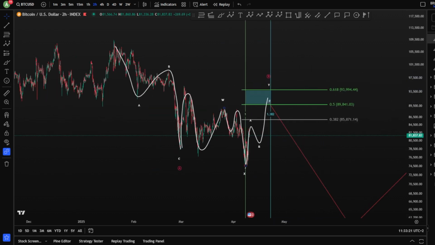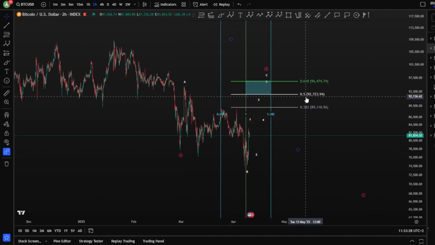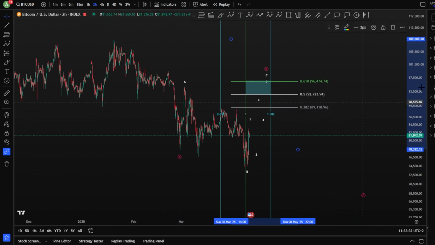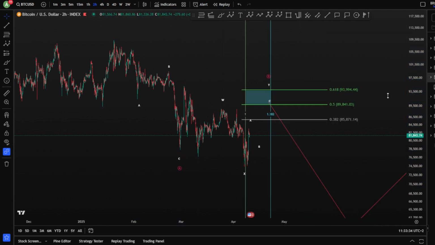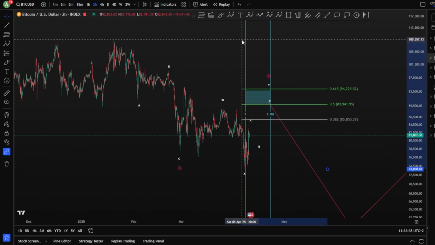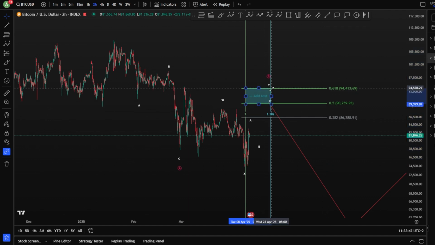0.6818 for a wave B, of course, the same as for the previous scenario, which might unfold a little bit from a higher perspective for the wave A here. It can be as well in this scenario. This scenario has been taken, of course, from a lower perspective, where you took the A here, and you take the whole X, with the whole move toward the downside. So these are the possibilities.